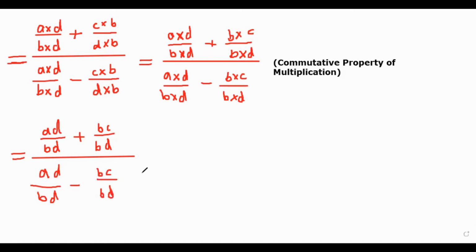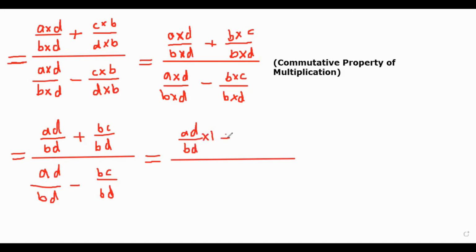So since we have not used any property, but have just translated it, we don't need to write any property here. So let's do the next step. In the next step, we'll again use the property of multiplicative identity. This is written AD divided by BD. This can be multiplied with 1,